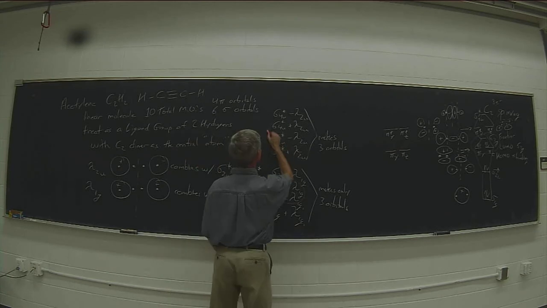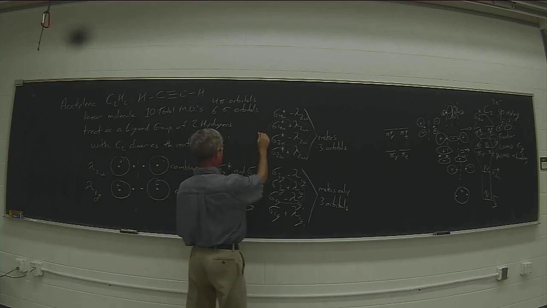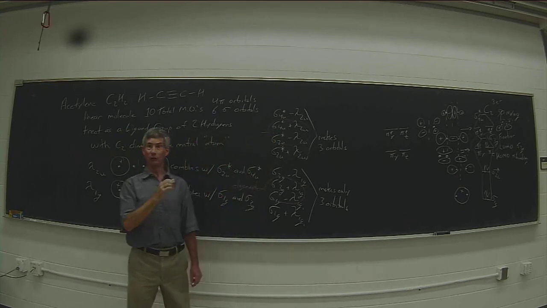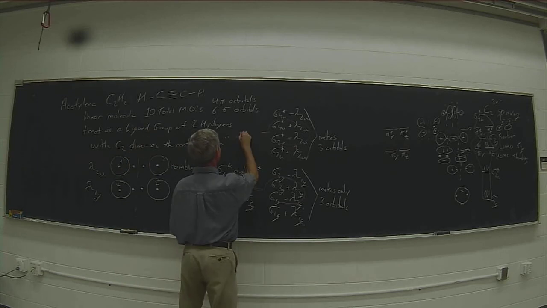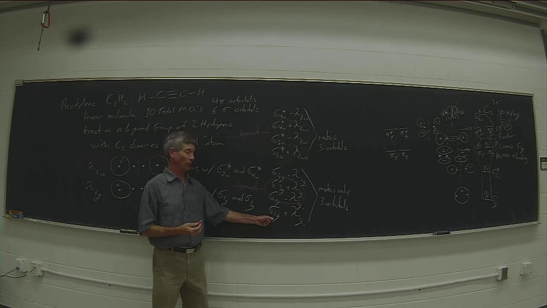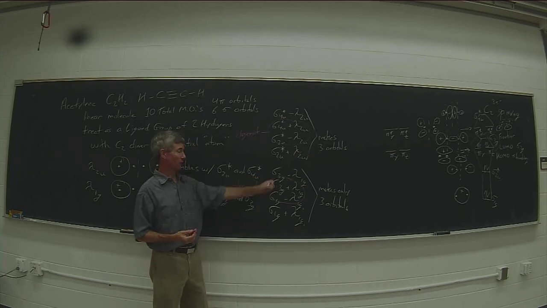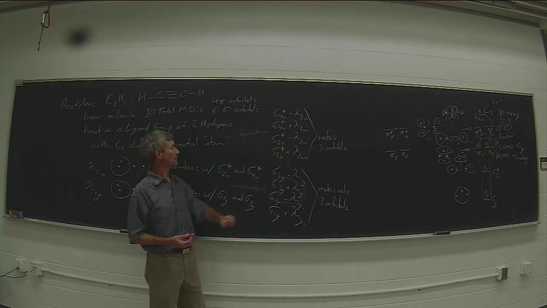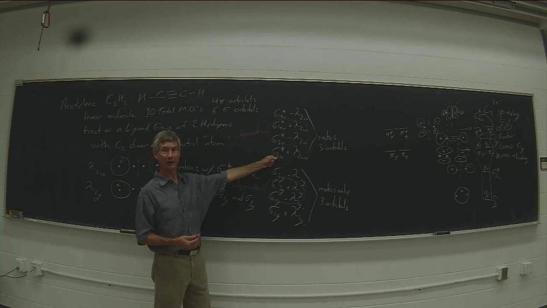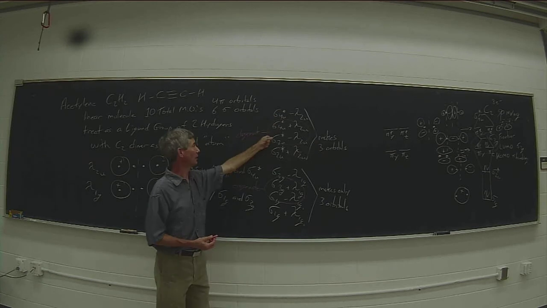And similarly, sigma 2u star minus lambda 2u is degenerate with sigma 4u star plus lambda 2u. So we actually only have 3 different orbitals predicted: constructive with the lower energy sigma orbital, destructive with the higher energy sigma orbital, and then the degenerate set. Constructive with the lower energy sigma anti-bonding orbital, destructive with the higher energy sigma anti-bonding orbital, and then the degenerate